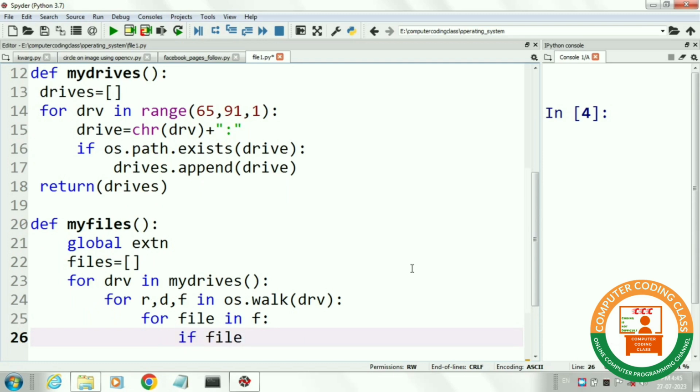Here we will check the extension of each file as per the given extension by the user.